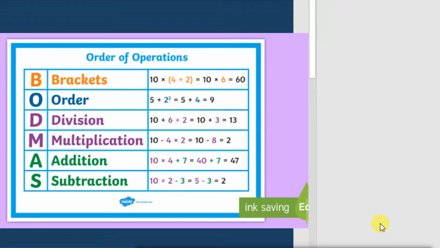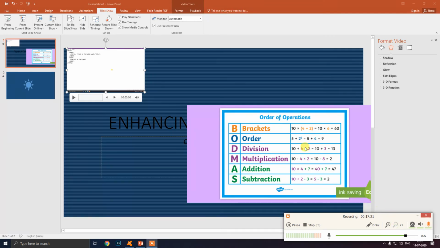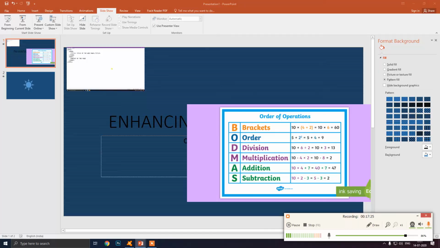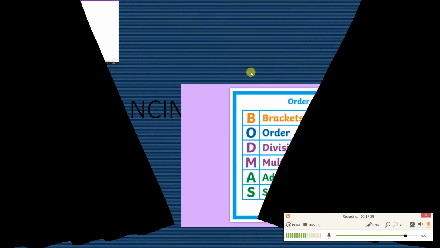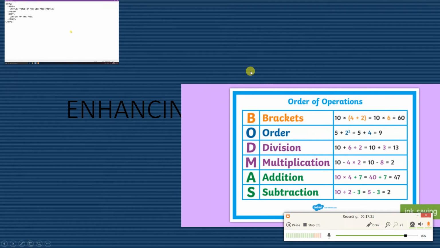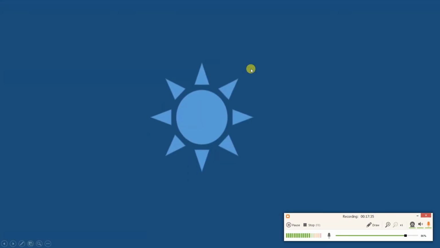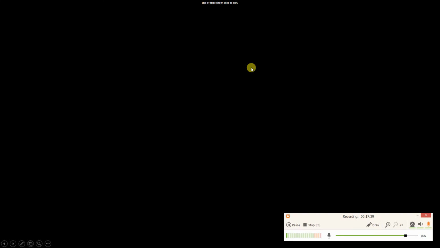let me zoom out and show you the slideshow again. F5 button I will press. So if I press F5, you can see the slideshow started. If I click, then the slide will change with some effect, that is known as slide transition, and then end of the slide.